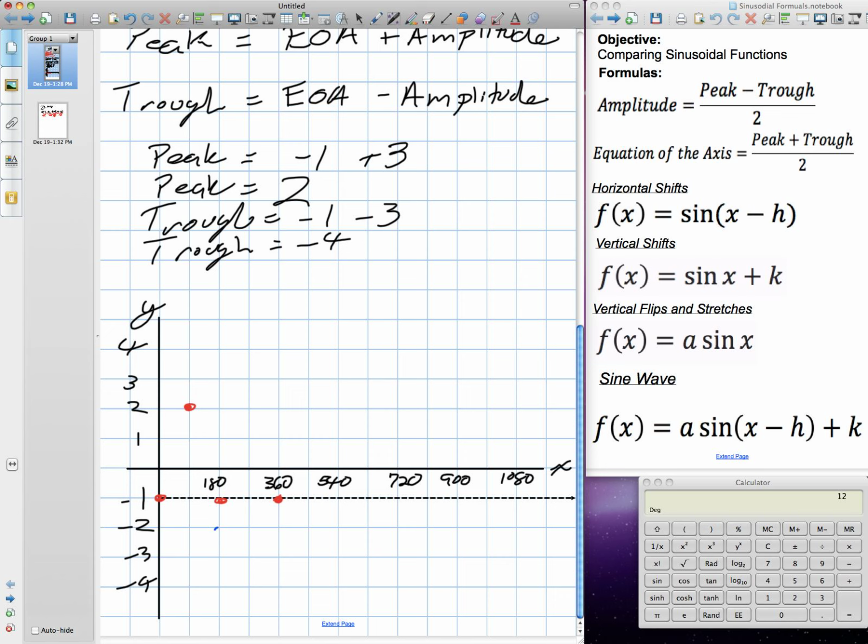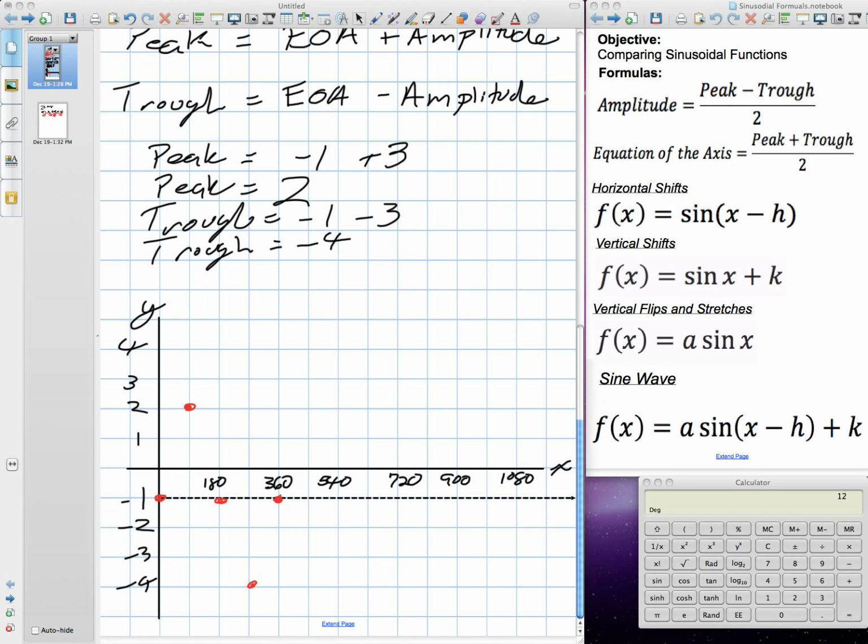At 180, I'll be back at -1. Then I go down 3 to find the trough: 1, 2, 3 gives us -4. So at 270, I'm at -4. What's important that you realize is there are almost 5 major points: our starting point, our peak, when we're coming back down, our lowest point, and when we get back to the beginning again. So here is one period